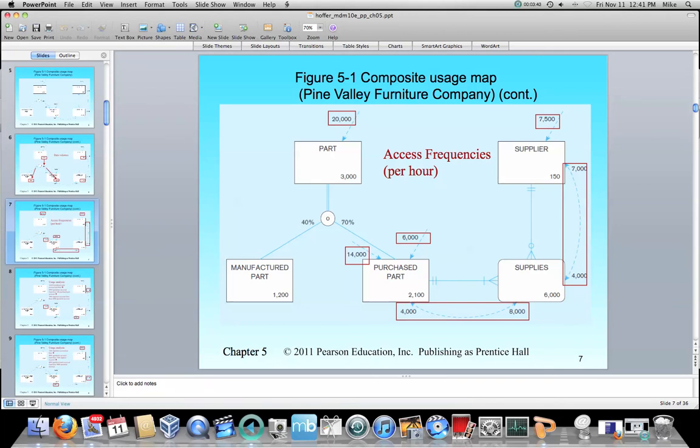We've got 6,000 hits directly to purchased part. So if people are accessing our tables, sometimes they go directly to purchased part instead of to part first. Then we can see that after a person accesses the part entity, 14,000 of those 20,000 subsequently go to purchased part. And we can see the same thing with suppliers. The supplier gets 7,500 hits